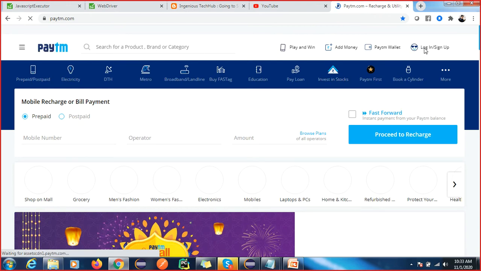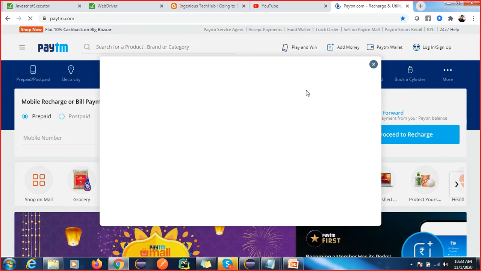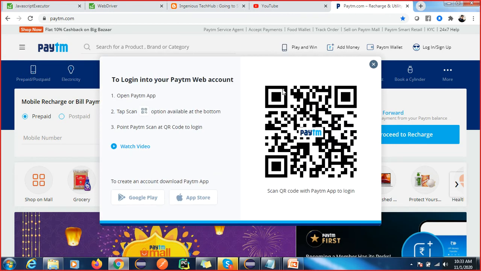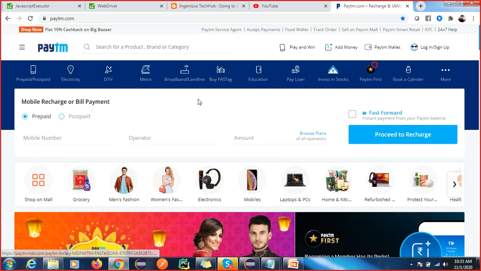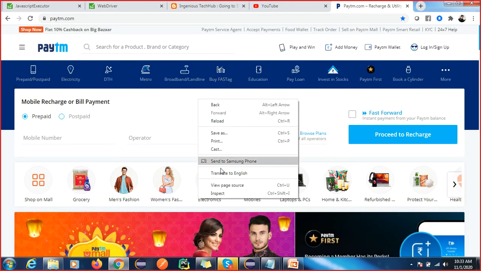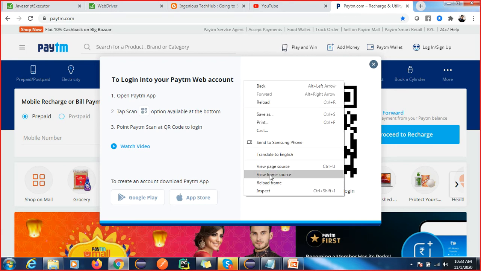First of all, we have to find whether frames are there or not. Let me check. You can see this is a simple page, and when I right-click, we only get view page source, right? We are not getting any more options. But when I click here, you can see there is one more option, view frames. So again, it depends upon the application.